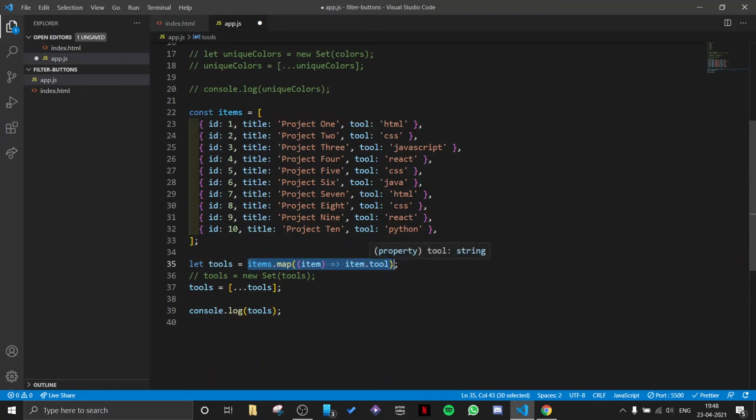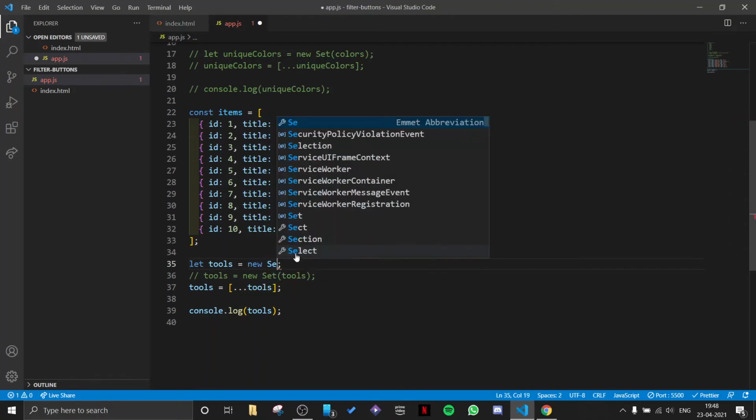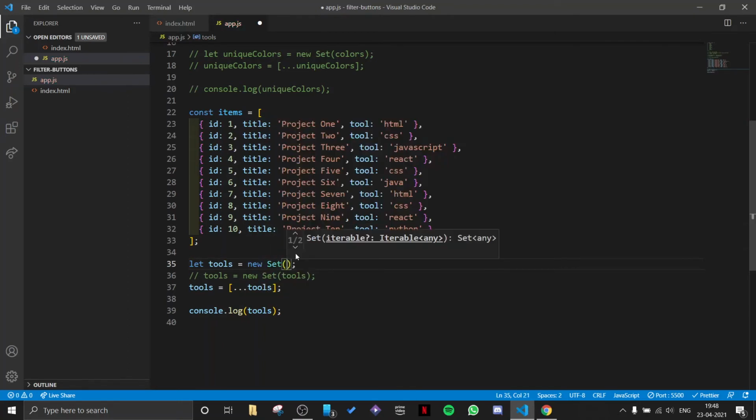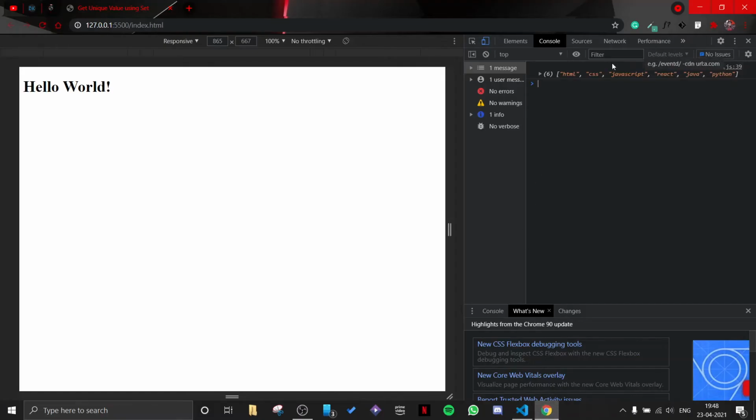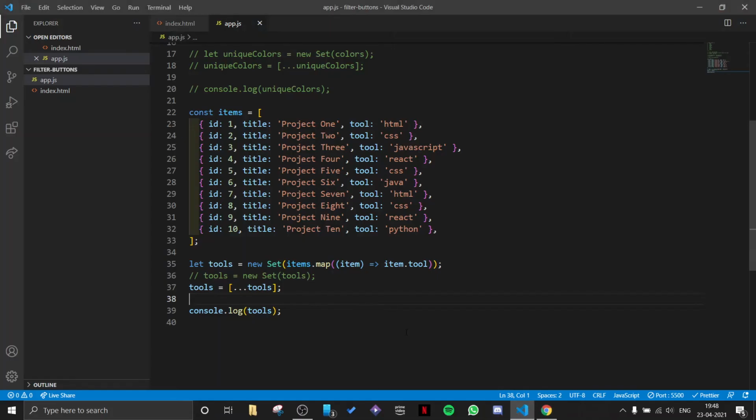So I will cut and copy this, call my set constructor right here, and then loop over my items inside the set constructor. And now you will see that the functionality will work the same, nothing changes. So we don't have to use this line.